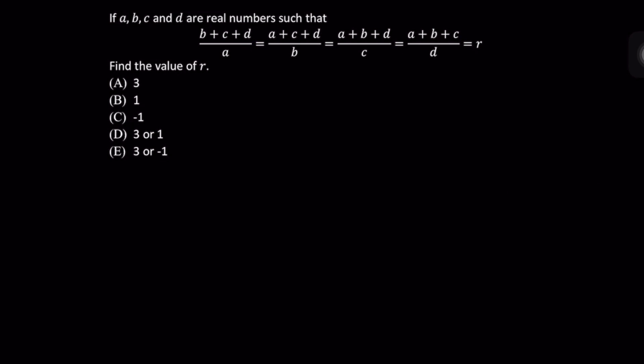If a, b, c, and d are real numbers such that (b plus c plus d) over a is equal to (a plus c plus d) over b, is equal to (a plus b plus d) over c, equals (a plus b plus c) over d, equals r, find the value of r. Let's try to see this one first. We will get (b plus c plus d) over a is equal to r. To manipulate this algebra,